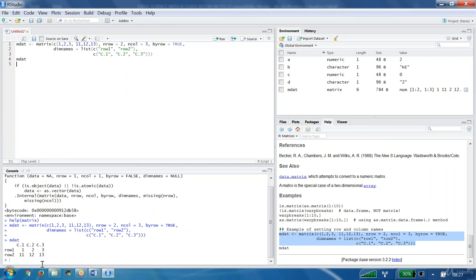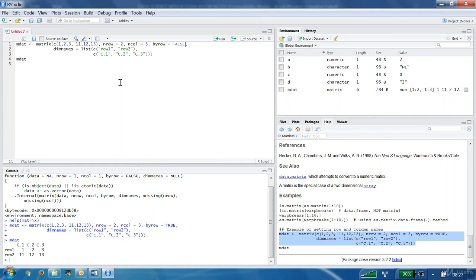Wow, beautiful. See here, you need to notice what byrow equal to TRUE means. How is it organized? 1, then 2 is stored where? First it is filling what? Row wise it is filling. Once the first row is completed, then it is moving to what? The second row. For example, if I give here byrow is equal to FALSE, I am giving.